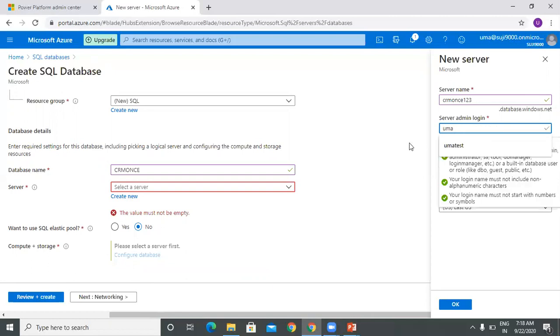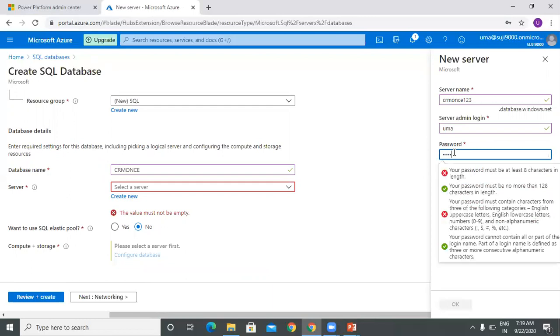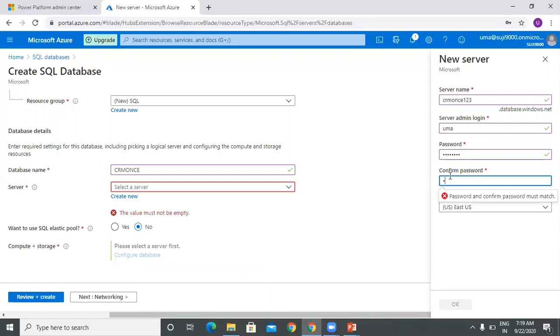I'm just giving this, and the password. You need to give it, and this is your SQL server name. If you want to access the SQL server, you can use it. Once you click on OK,